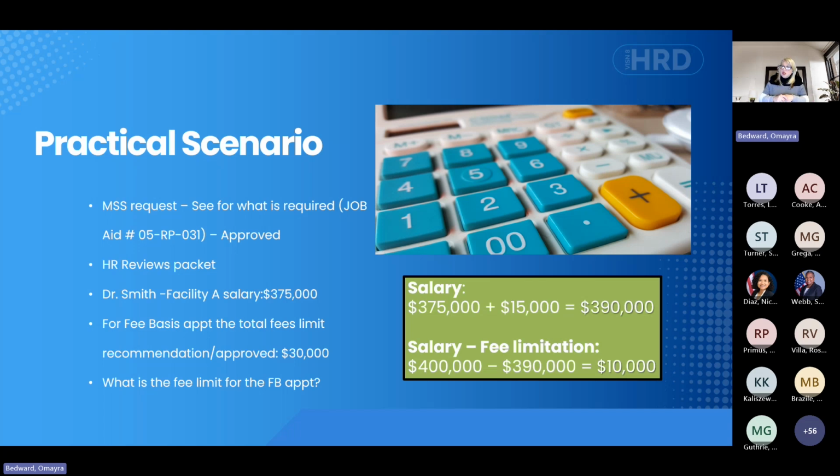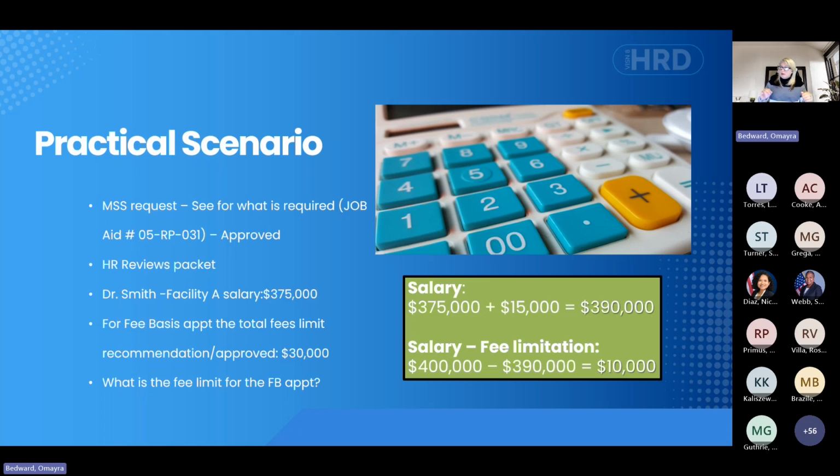So when you look at that, let's just say in this scenario that Dr. Smith works at facility A and his salary there is 375,000. For the fee basis appointment that they're trying to hire at facility B, the total fee limitation recommendation that's approved is 30,000.